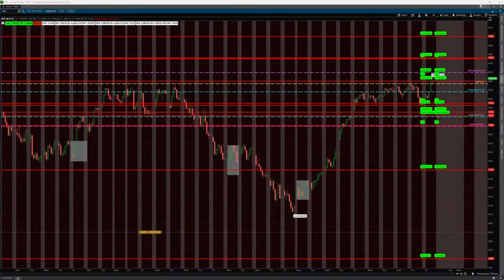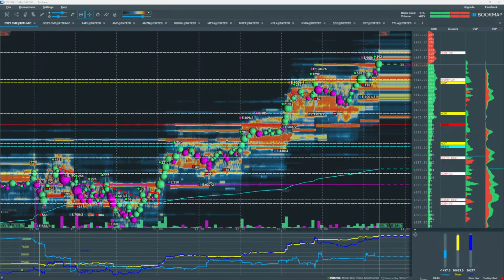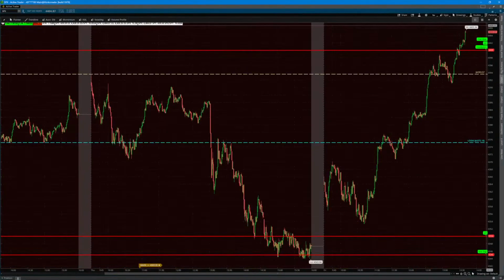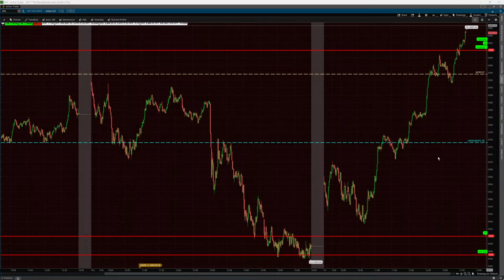All right, let's take a look at a one-day chart just to get a closer look at the levels in play for today. So very mechanical uptrend that began around 10:30, 10:45. SPX trading above the upper daily expected move, that resistance level, and also the call wall absolute gamma strike at 4,400. All right, let's go to Bookmap now.